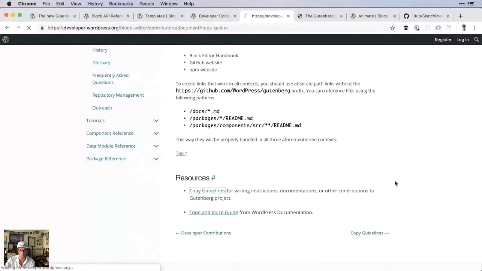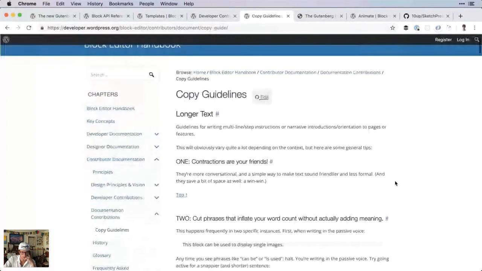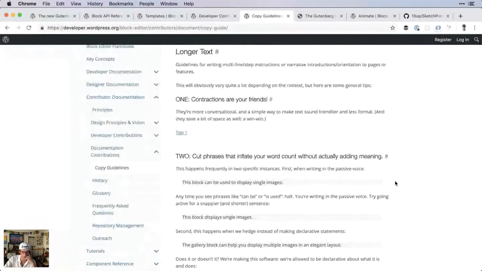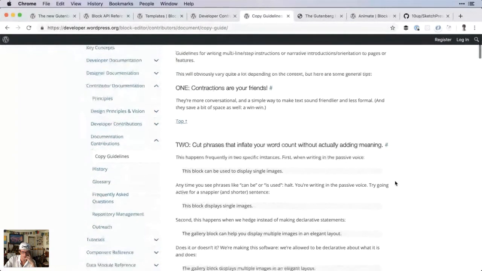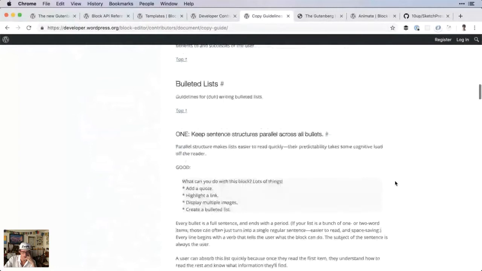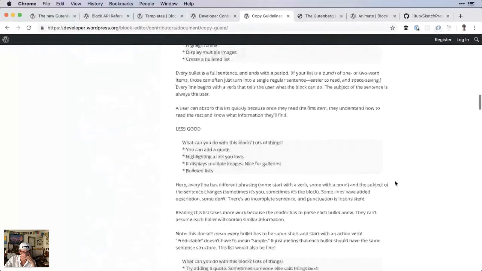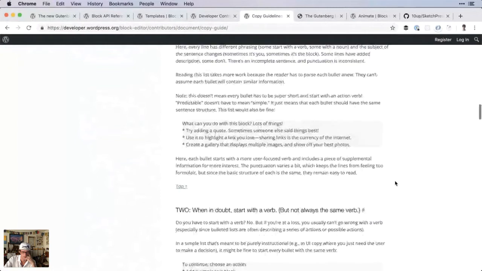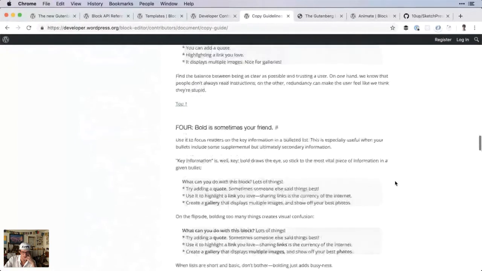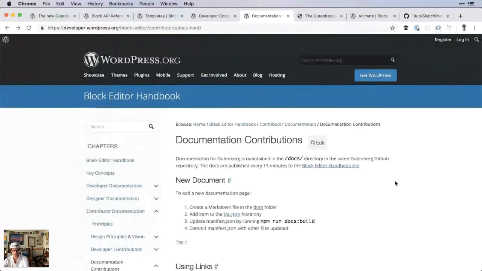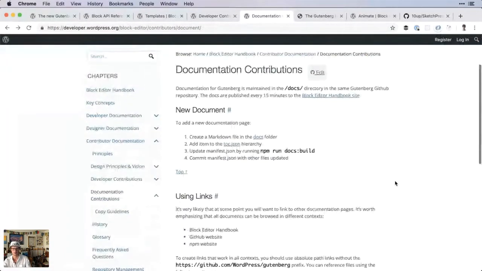Copy guidelines. Let's see what that's about. Use contractions. Cut phrases. Very simply, enjoy. Interesting, because these don't seem to be Gutenberg specific, but I guess that's helpful. So I think the main contributor documentation is